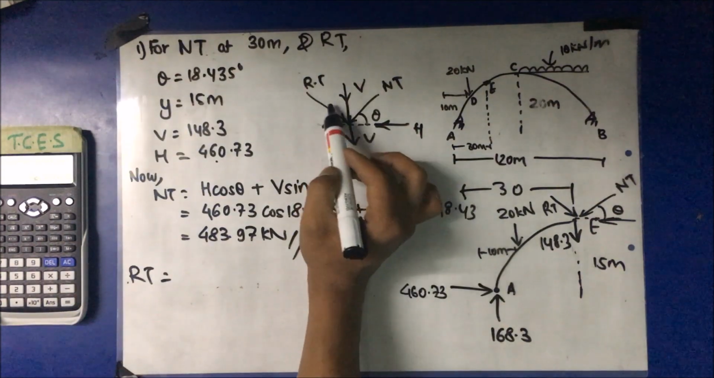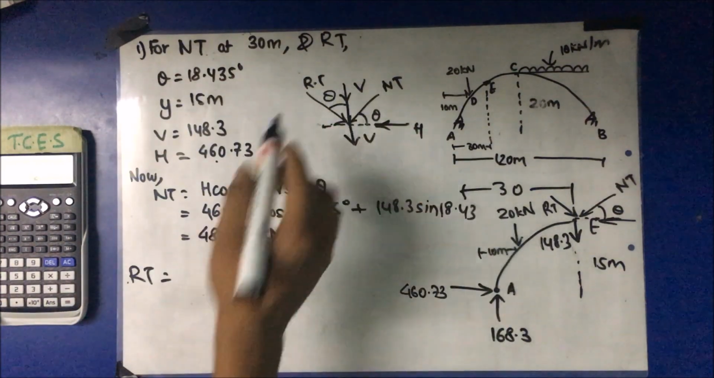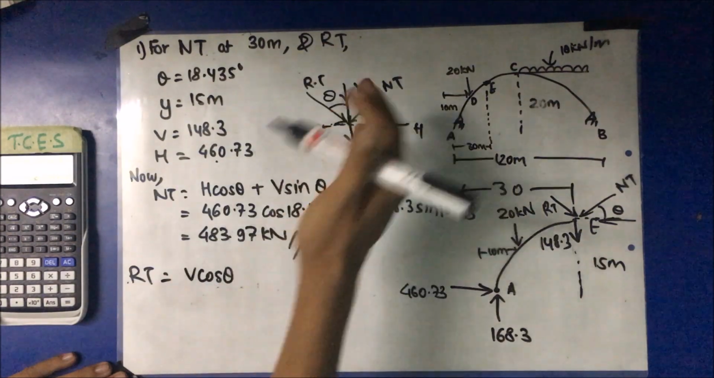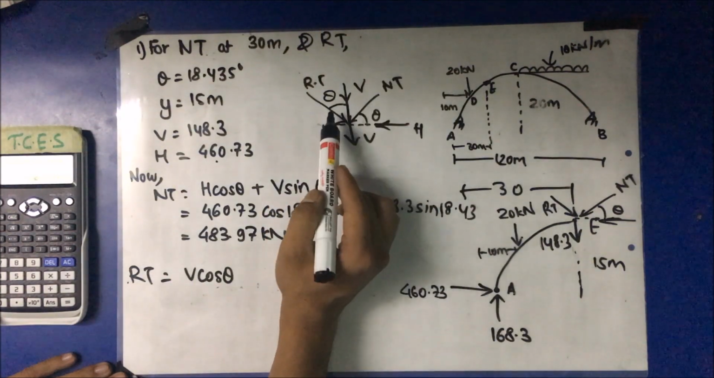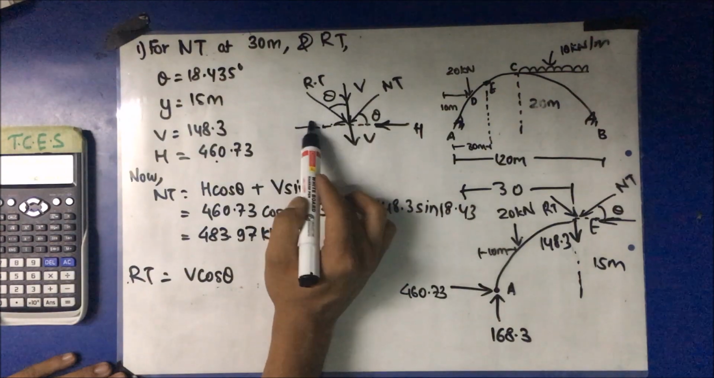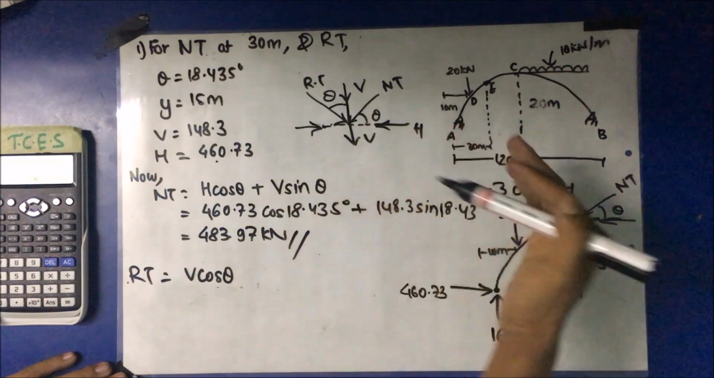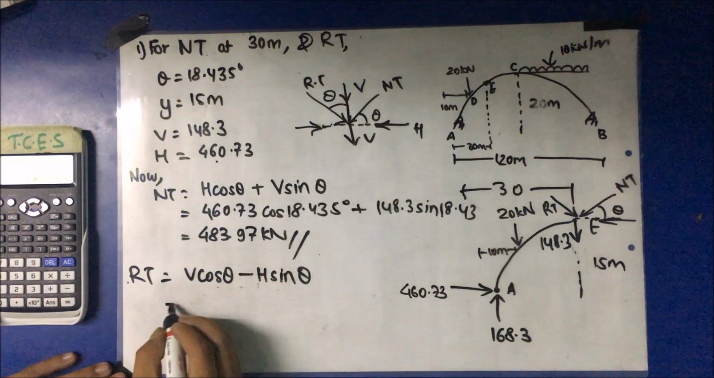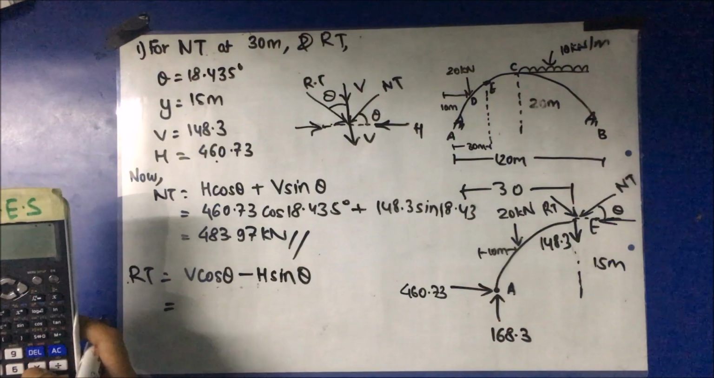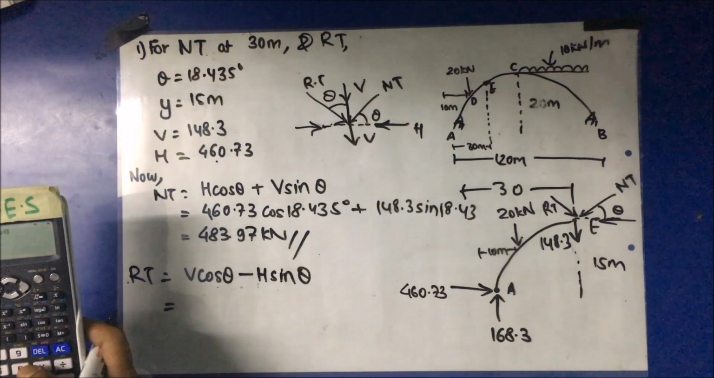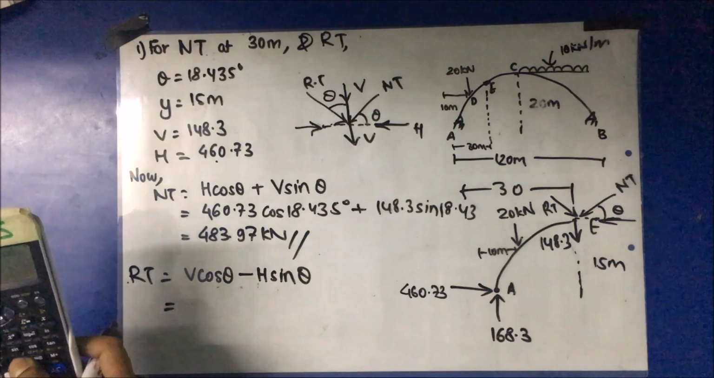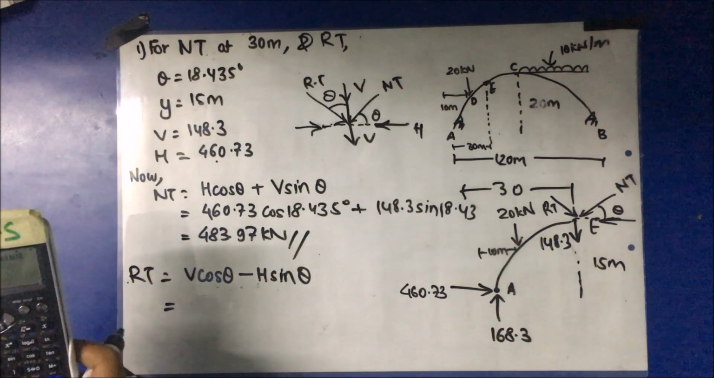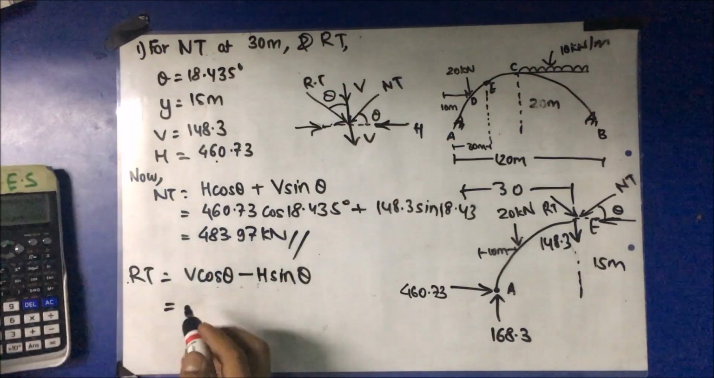And for radial thrust, this acting downward, so it is positive. So now this being theta, radial thrust makes V cos theta, acting in the same direction. And if we resolve this in terms of horizontal, it acts in this direction, and horizontal acting in opposite direction, so minus H sine theta. Substitute the value for V, that is 148.3 cos 18.435 minus H being 460.73 sine 18.435, we get minus